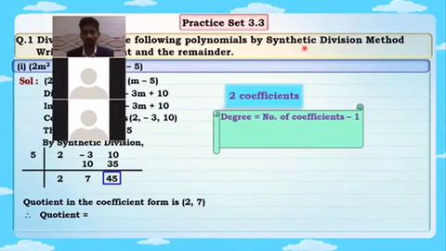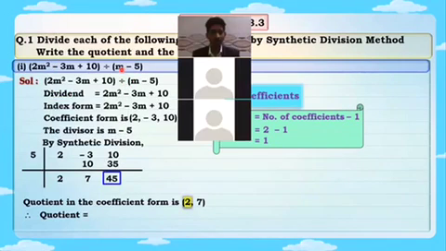So for finding the degree, we have to take the number of coefficients minus 1. Yes, very good Sayuj, perfect. Number of coefficients minus 1. So how many coefficients are there? 2 minus 1, that gives you how much? 1. That means here what is our degree? 1. The degree is 1. So the answer to the question we are going to write in index form is going to be 2